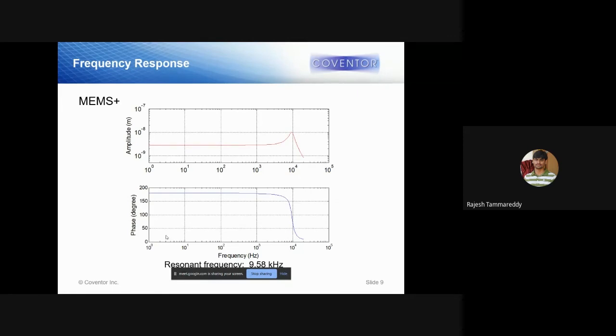So the first simulation you are seeing here is the frequency response. What is frequency response? Generally, you do a modal analysis for resonant frequency, right? You will find the resonant peak. Every geometry will have a resonant frequency. When you excite that model at that particular frequency, the device operates at its maximum capability, right?